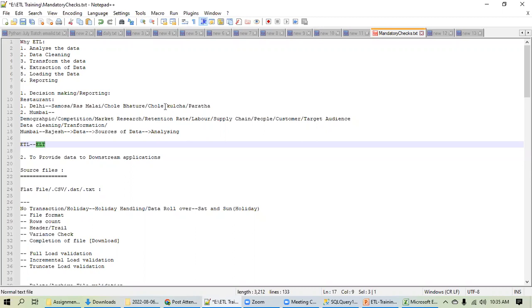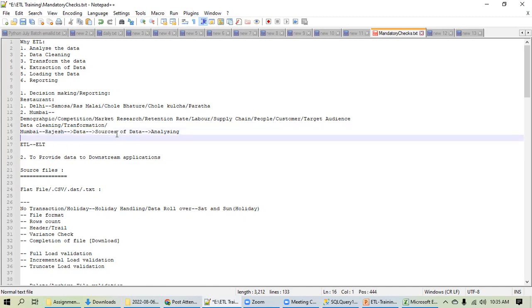Any questions so far before I proceed? Got it? So you must be clear with the sources of data. I repeat, if you want your customers to be those who have good paying capacity, then you have to do the analysis of the posh area only, or those who have good spending capability.